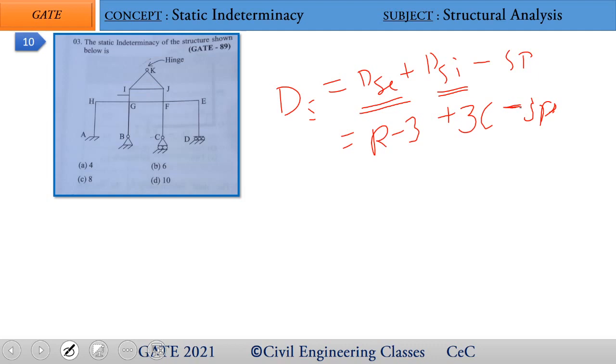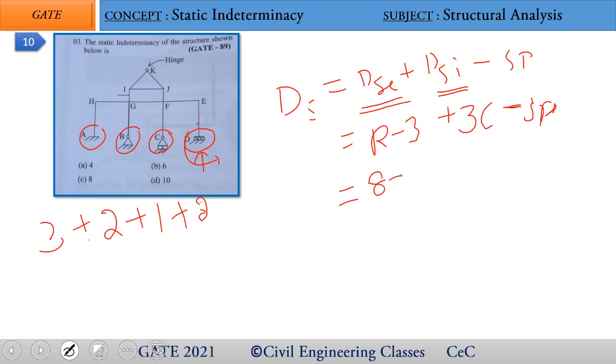Okay, so now we calculate. See, for joint A fixed there are 3 reactions, for joint B hinge there are 2 more reactions, for joint C it is a roller, so 1 more reaction. See, this is not a roller, so we can take this as a horizontal shear or vertical shear. So here there will be 2 reactions: one is a vertical reaction and a moment reaction also will be there. So the total is 3 plus 2 plus 3 equals 8. So there are 8 reactions, that is 8 minus 3, plus 3 times C.